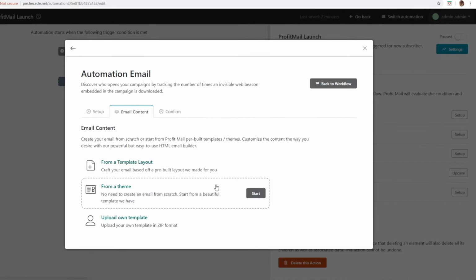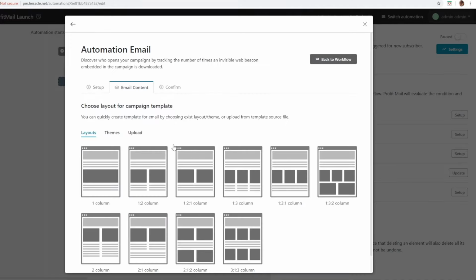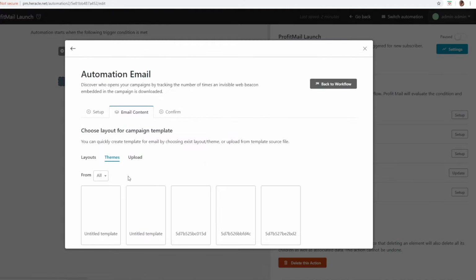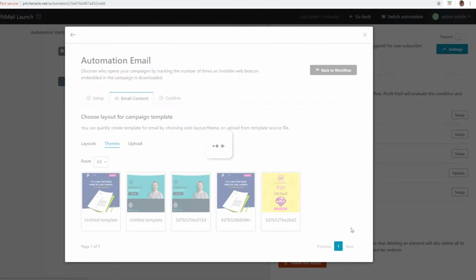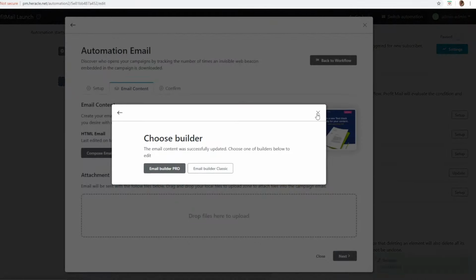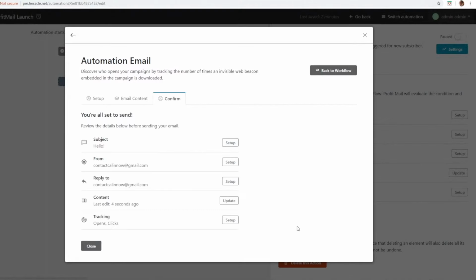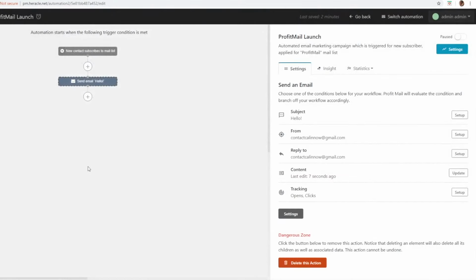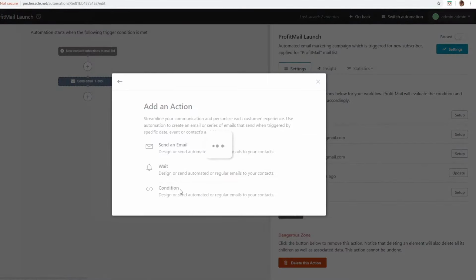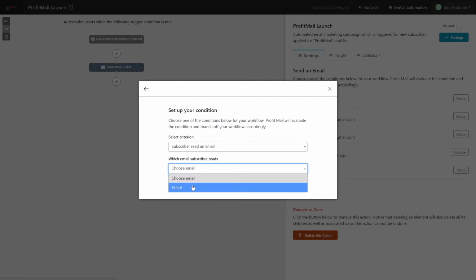We just go through this option again. We're just gonna click on start, choose the already made theme, and just click on next and close. There we go. Now we can choose an amazing action. So we're just gonna go with condition, and we're just gonna go with hello, our previous email, and click on